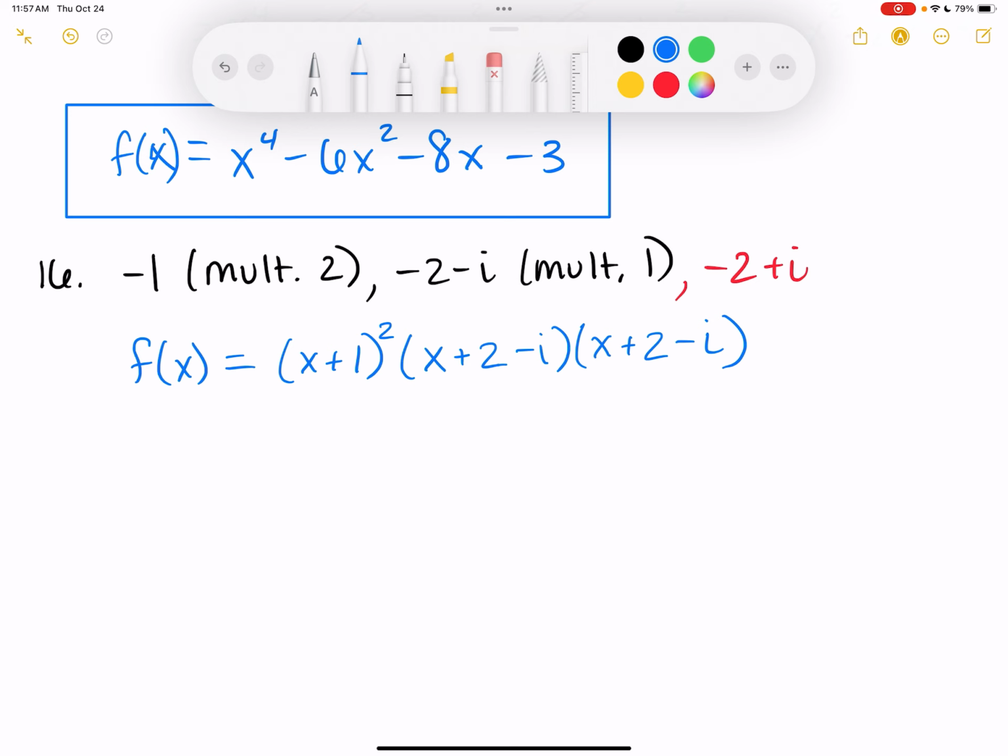So then this is a perfect square trinomial right here. What does that factor into? X squared plus 2x plus 1. And then over here, I'm going to have x squared plus 2x minus xi plus 2x plus 4 minus 2i